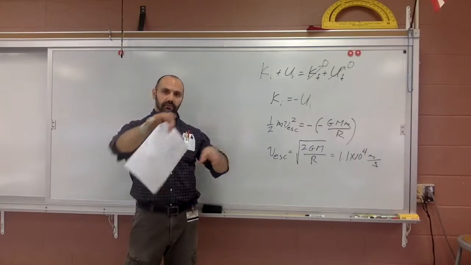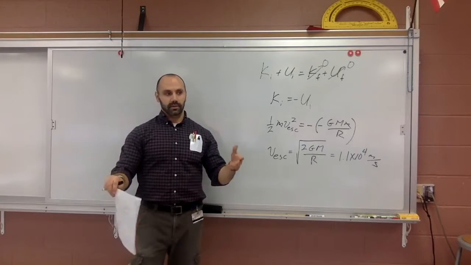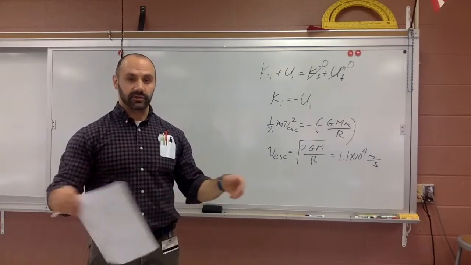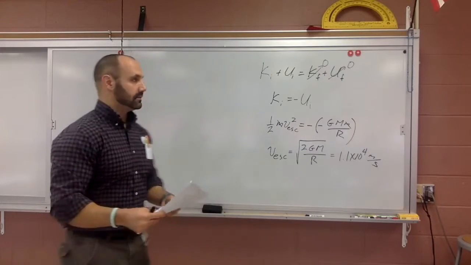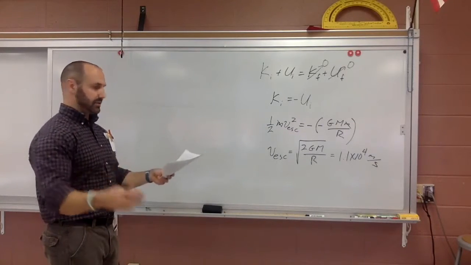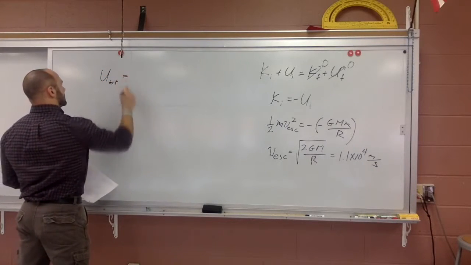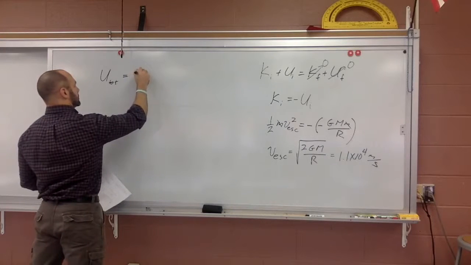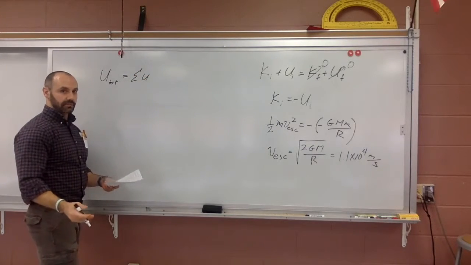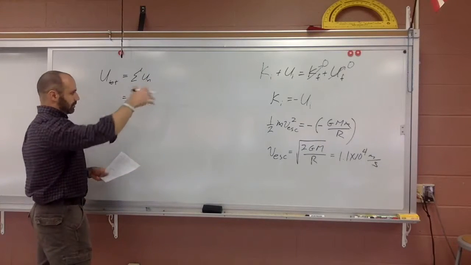And so if you have a bunch of things in different spots, the gravitational potential energy is going to be given just as the sum of those things. Right? It's not a vector, so we just add those things up. And so then U total is simply the sum of all the individual objects. So if you've got a bunch of masses,